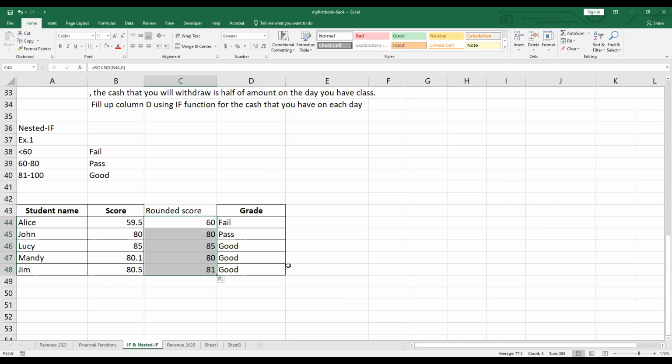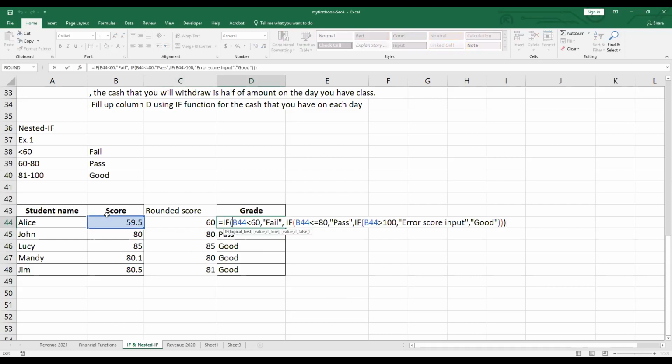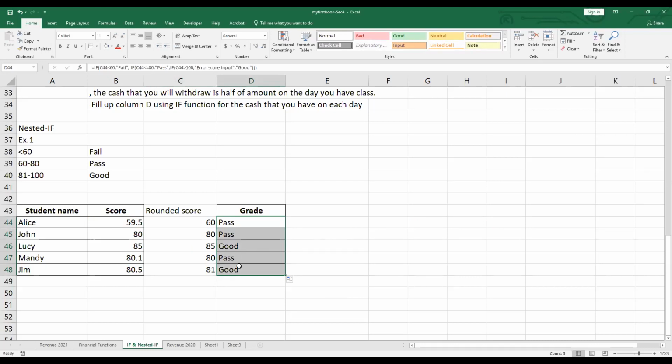After that, instead of evaluating the score in column B, I change to evaluate the score in column C instead, so that it will be the evaluation of the rounded score already. Then I just copy the formula down. In here you can see that Mandy should get just a pass grade only, because the person who receives the good grade must be